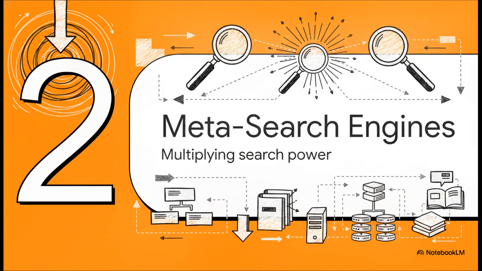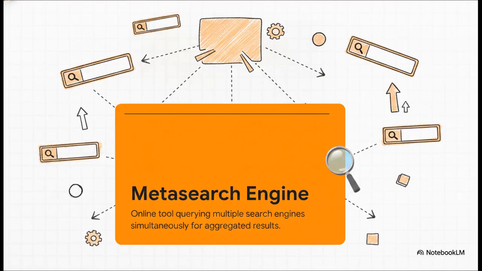Moving right along to Section 2, Mastering Meta Search Engines. This is all about multiplying your search power. So, what exactly is a meta search engine? Sometimes called an aggregator, it's basically an incredible time-saving hack. It takes your single search query and simultaneously fires it out to multiple third-party search engines all at once. So instead of you manually typing searches into 5 different websites, the meta search engine does all the heavy lifting for you. It instantly gathers, ranks, and presents a massive amount of data from various sources right in one seamless